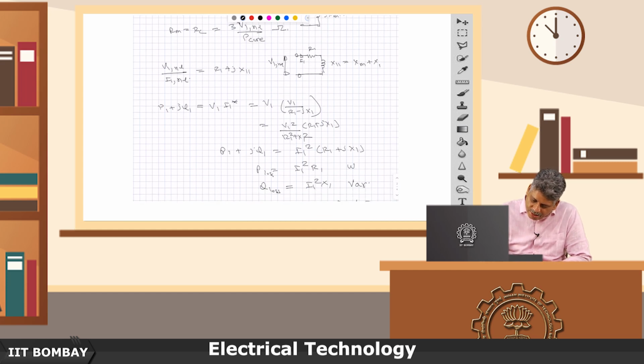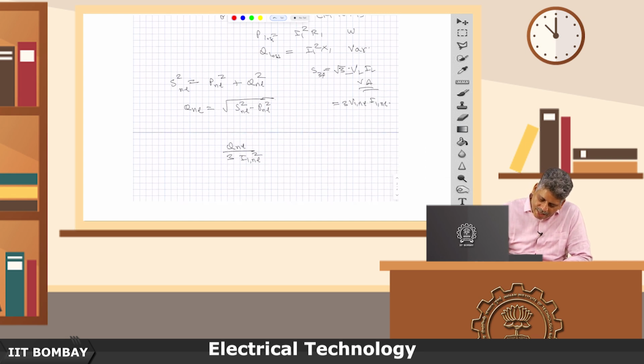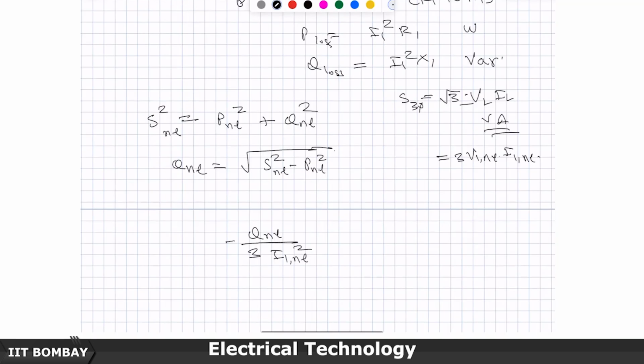Why divided by the current square? Because I am now using this per phase value I calculated by dividing this by 3, divided by the square of the current, and I will get my XNL, and this XNL is basically x1 plus xm. So, I have still not separated out x1 and xm, I have basically got this value,